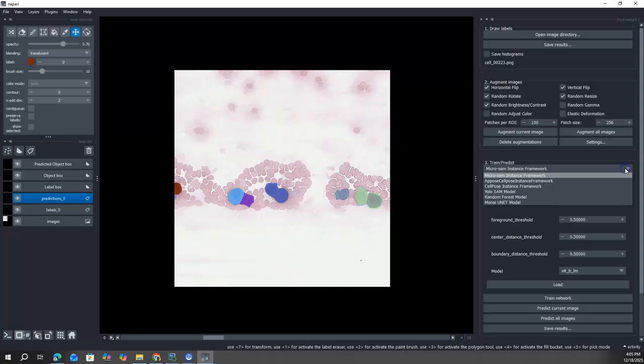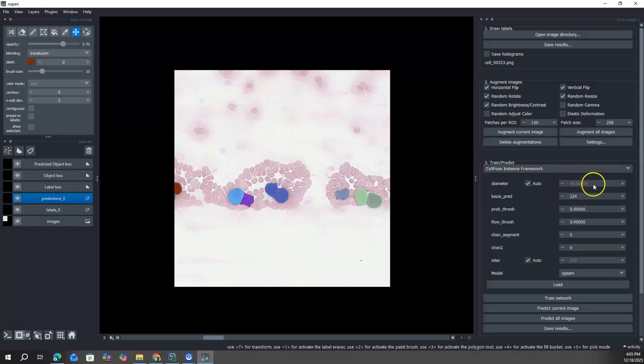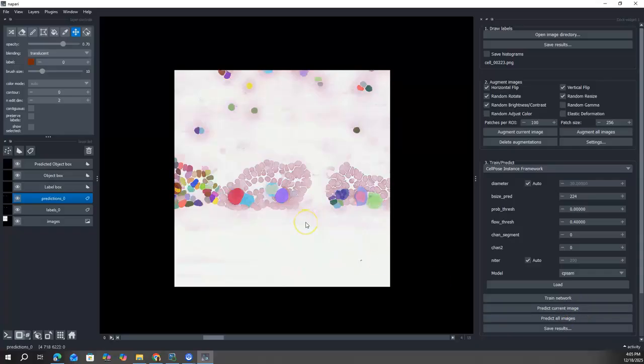Let's try Cellpose. And this is going to be Cellposesam. Let's go predict image. And in this case, Cellpose, interestingly, didn't 100% replicate the label, but sort of, strangely enough, detected some red blood cells, but not all.